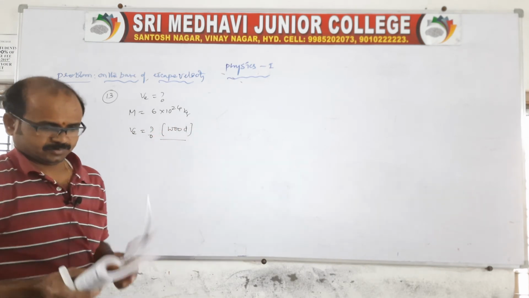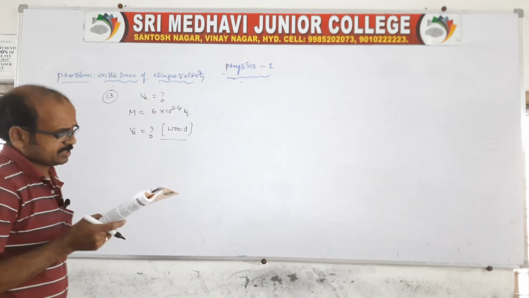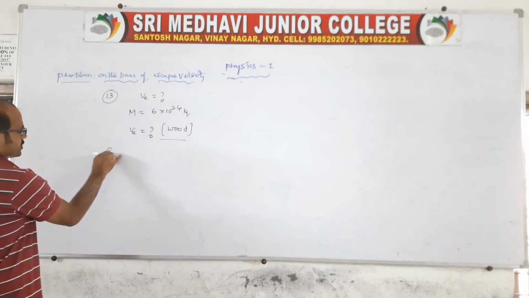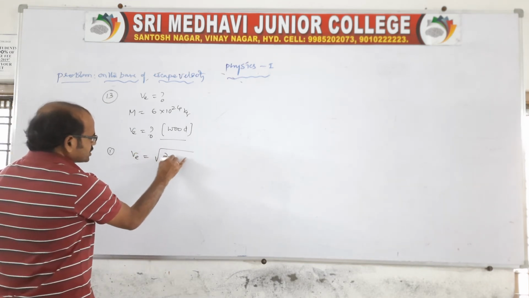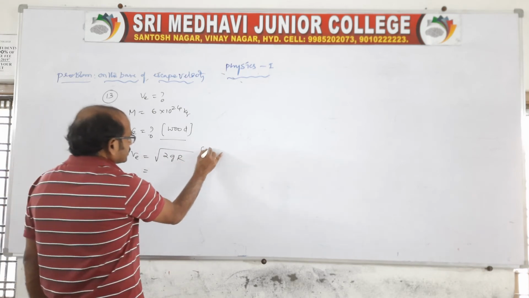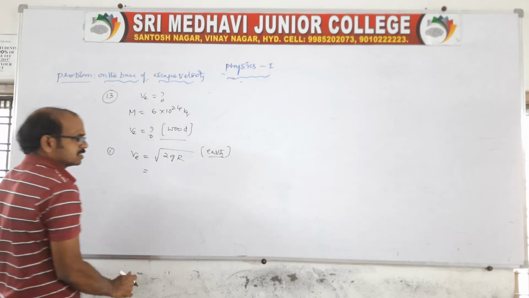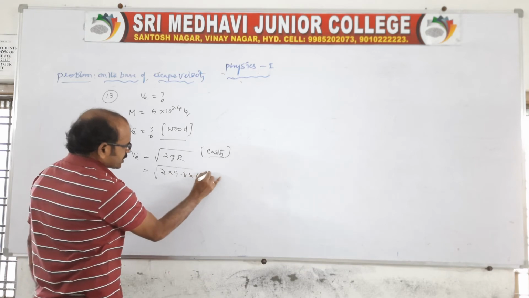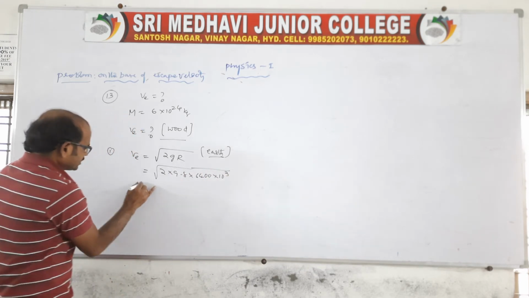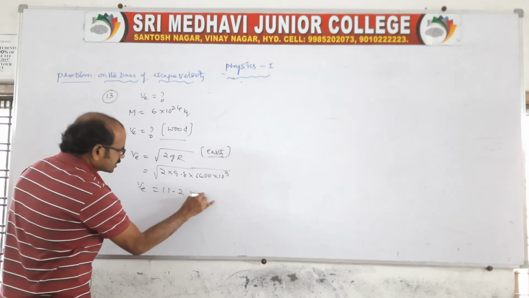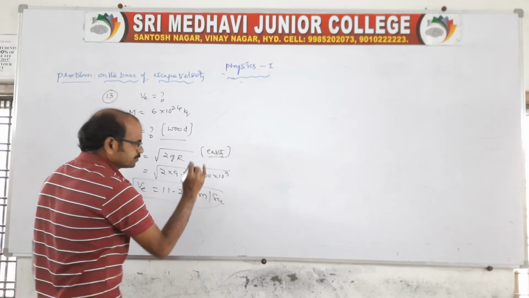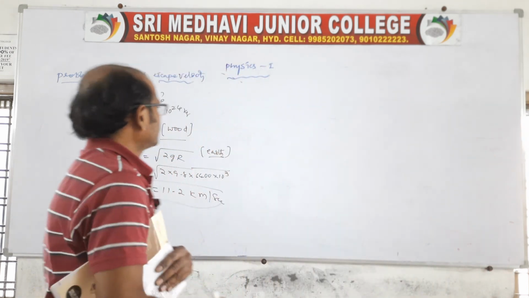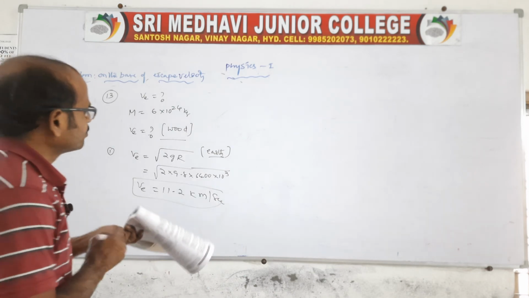We know the escape velocity of a body on the Earth's surface: V is equal to root over 2GM by R. That is for the Earth without wood. So with wood we need to find. With 9.8 × 6400 × 10^3, it is approximately 11.2 kilometers per second. It is not required to do again because we already did this one. Let me tell you the next one, the second case, B.